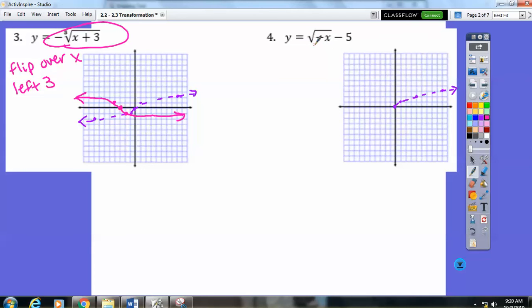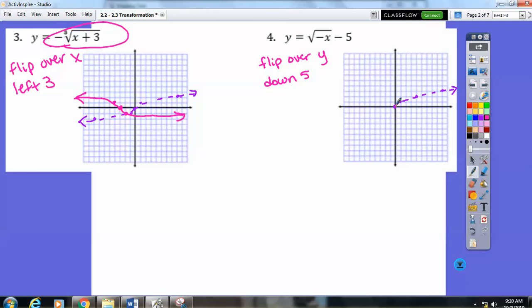Number 4, I have a square root. So my parent function is a square root. Looks like this. A negative on the x. So it makes all my x's negative. So we flip it over the y. And the minus 5 will move it